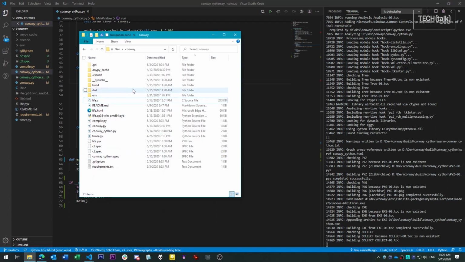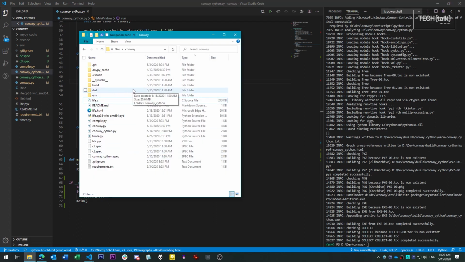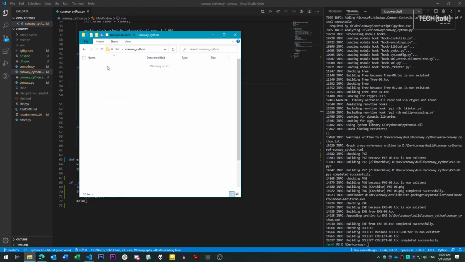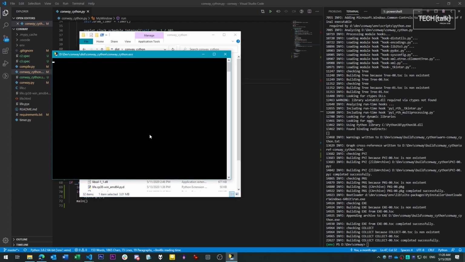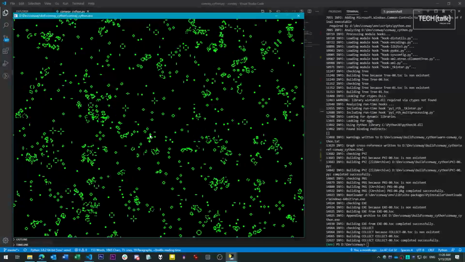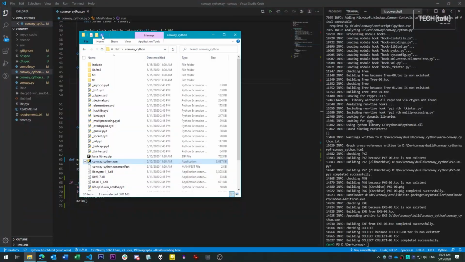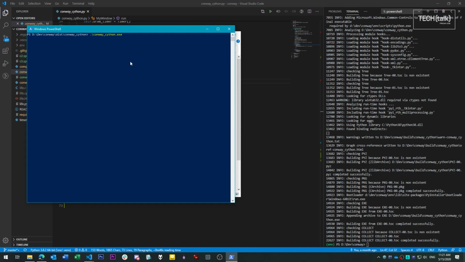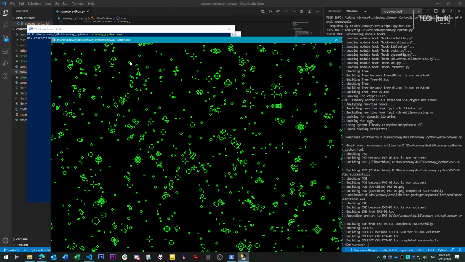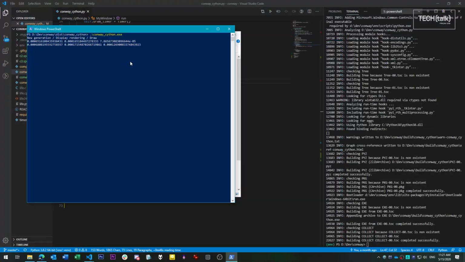And as you can see, we now have an exe in that folder, and when we run it, it runs as the program did before. All we would need to do is copy the contents of the directory to another system to run it as is. As a general rule, when you first package an app, it's best to test it by launching it from the command line. This way, if something goes wrong, you'll see an error message on the command line immediately and you'll be able to fix it.